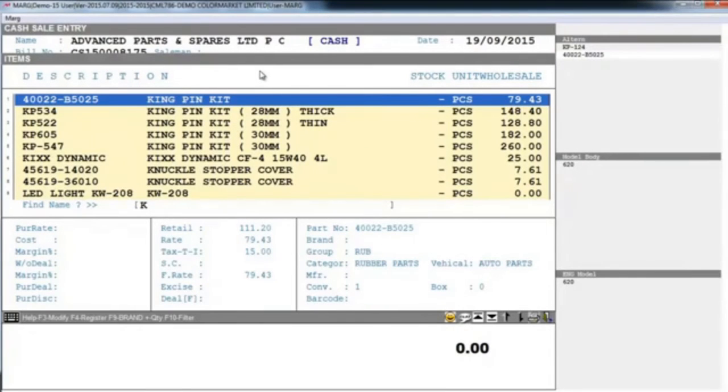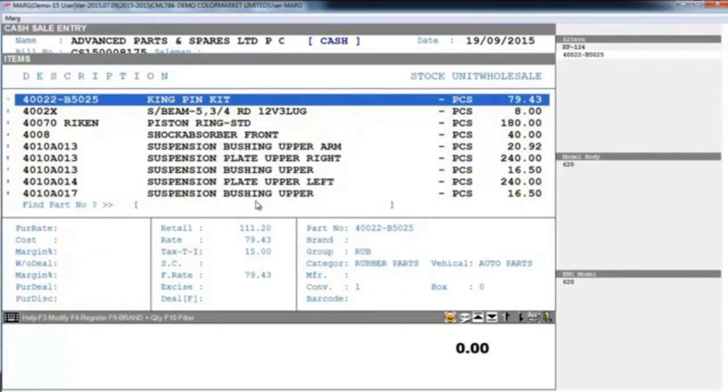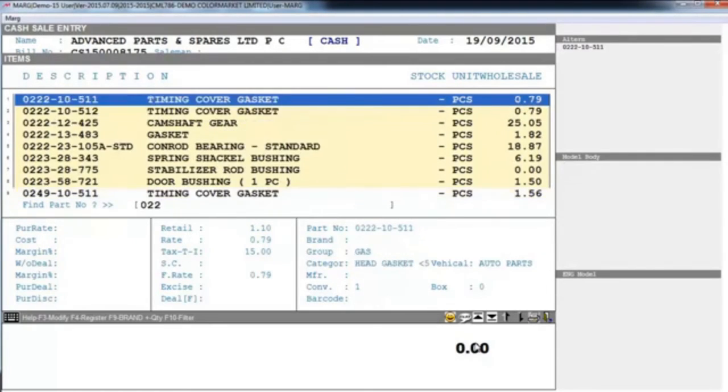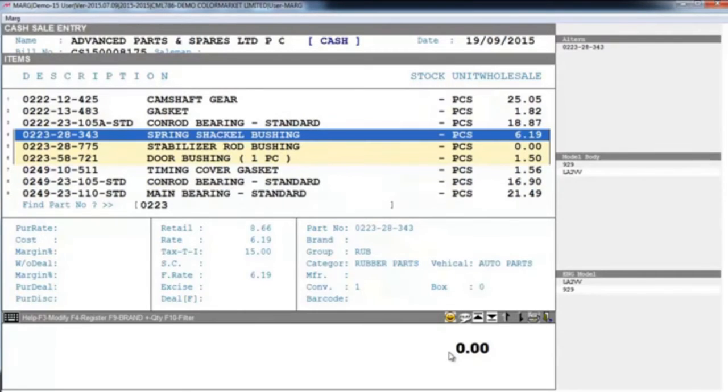Now as we just discussed that you can search your product part number wise and name wise. So for that, if you press F5 function key, so here you will see the window of search on will appear. Here you will select a basis on which you want to search your product. Like for example, you are searching for a product on part number basis and not on alternate basis. So you will select part number and press enter. After that, you simply type here the part number. Suppose we search for 0223. See, 0223 serial number is available.